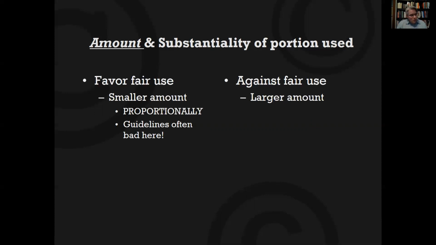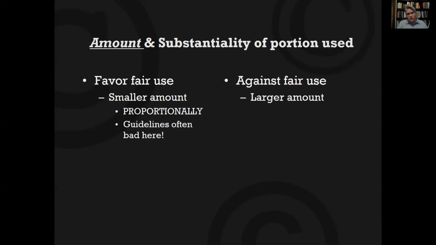You will see also people putting forth percentage guidelines. It's more likely to be fair use to use less than 10% of the work or less than 30% of the work. And there have been times when courts have suggested things like 10%. The Georgia State case is the most applicable one here. The appeals courts keep rejecting that. There is no such thing as a numeric measure of how much is okay.